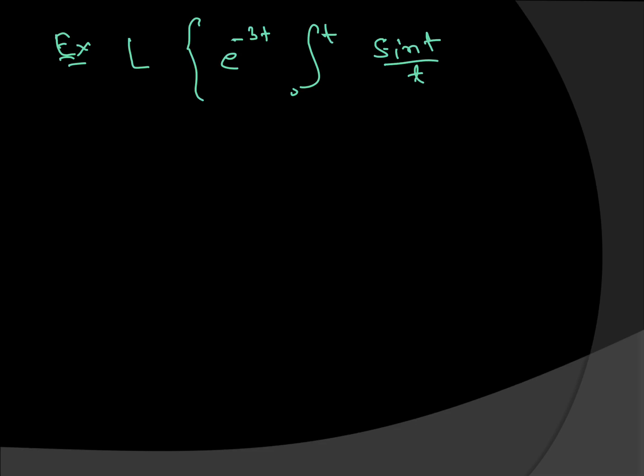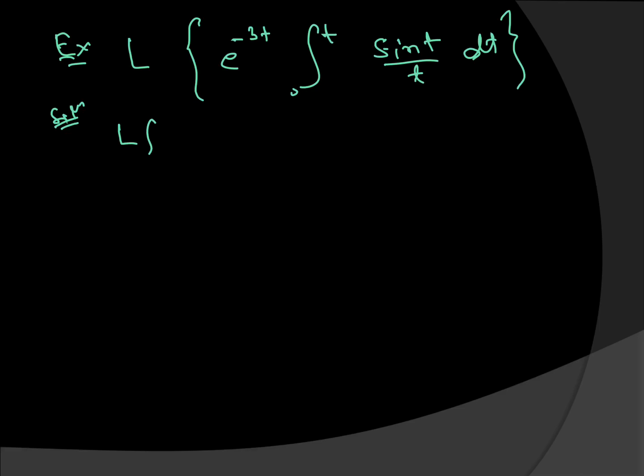In next example, Laplace of e to the power minus 3t, 0 to t integration sin t divided by t dt you have to calculate. So division by t and e to the power at term also available. First shifting theorem, then your division by t formula also you have to use, then integration formula also you have to use. So in step 1 we know